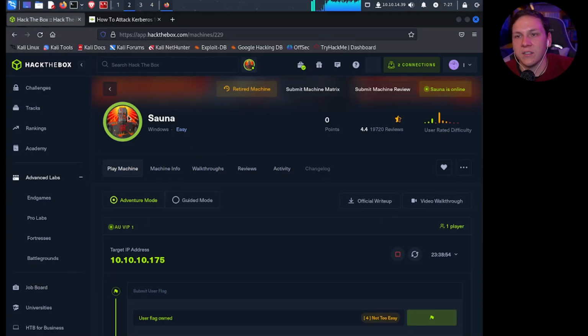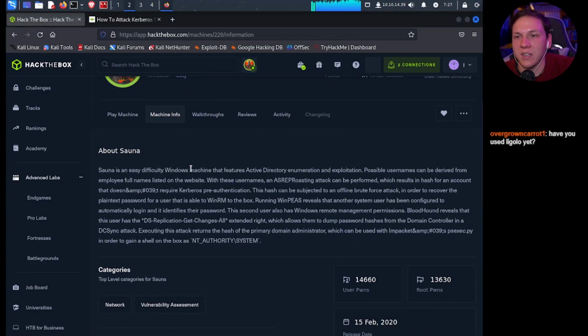So we're looking at SAUNA. The SAUNA is an easy difficulty Windows machine that features Active Directory enumeration and exploitation. Possible usernames can be derived from the employee full names listed on the website. With these usernames, an AS-REP roasting attack can be performed, which we'll explain when we get there, which results in